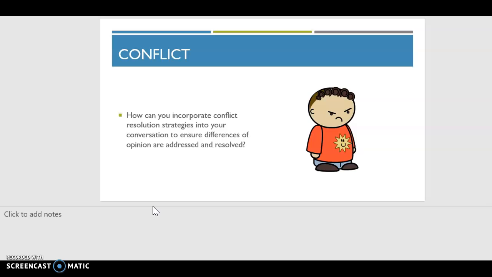Well, now there might be some conflict because maybe you said something that everyone doesn't agree with. They don't have the same opinion. So you want to make sure you have some strategies for dealing with conflict in the workplace so that they don't fester and make it uncomfortable and the work environment horrible, or people unable to work together to achieve company goals, group goals.